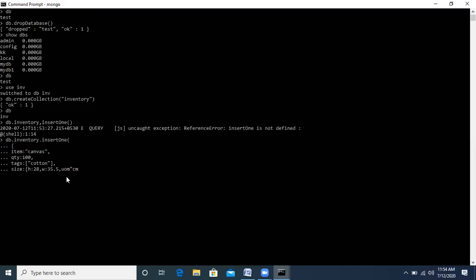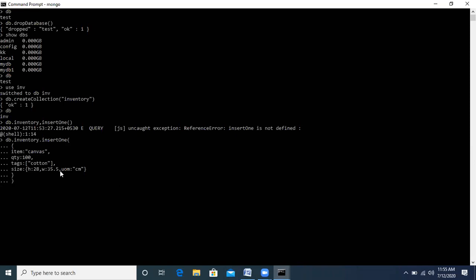I'm using uom, colon, centimeter. Now close these brackets and press enter. Close the bracket that has been opened over here, press enter, and then close the round bracket, that is this one.